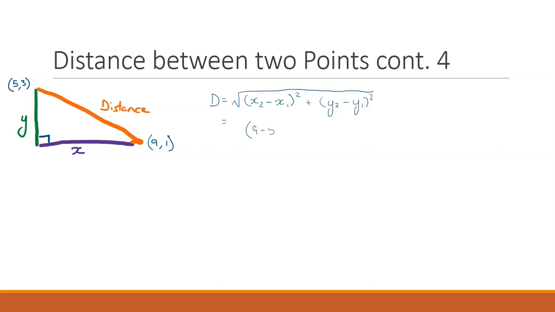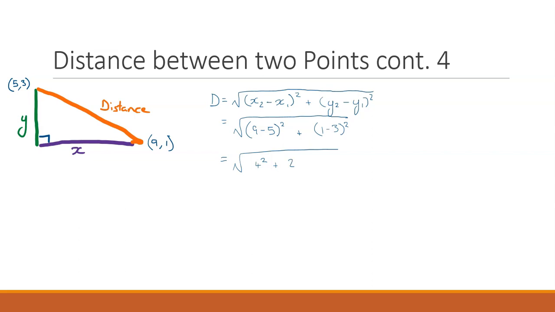So that will become 9 minus 5 all squared, then 1 minus 3 squared, taking the square root of all of that, evaluating. Now I could throw this all in the calculator at once, but if I do that, I'm going to be prone to making a mistake in inputting it, so it's better to work it out piece by piece. So this will be 4 squared